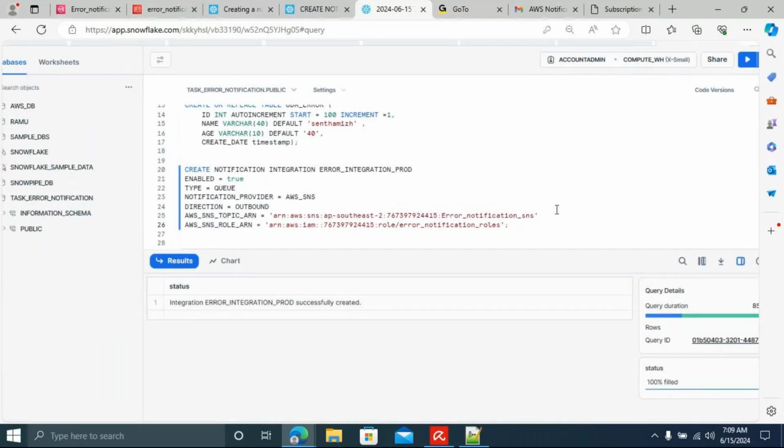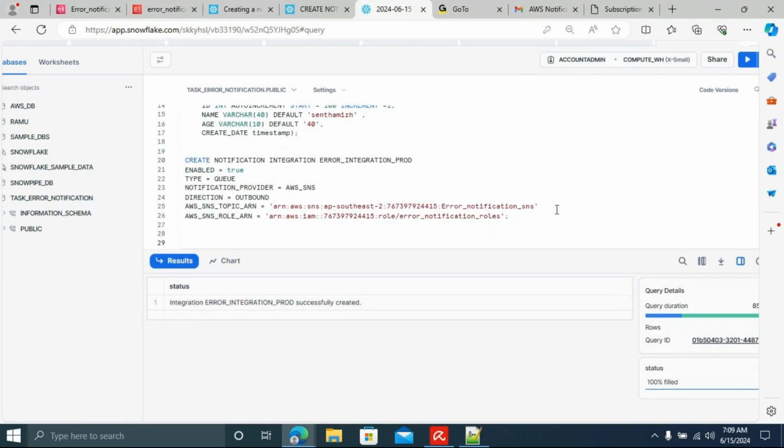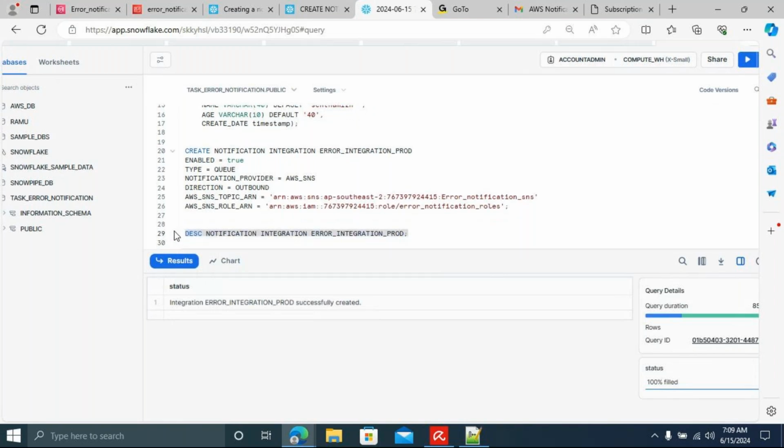Now, if you want to see this notification integration, you can use the DESC command, with the integration name. DESC means describe. Just run it.